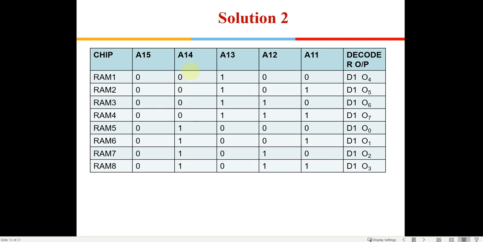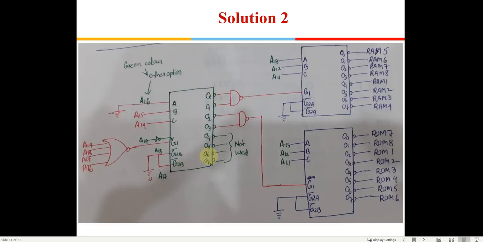So 0 0 and 0 1 for RAM, and 1 0 and 1 1 for the ROM. So you have used one more 74138 and used 0 0 with an AND gate to select this chip, and for the next 2 conditions this ROM chip is selected. Is this diagram clear to all of you? If it's confusing, let me know. I can explain once more.